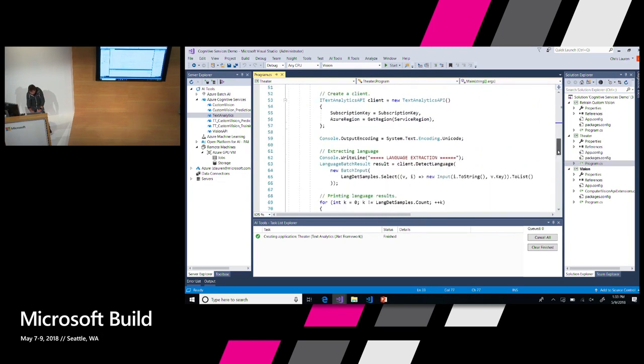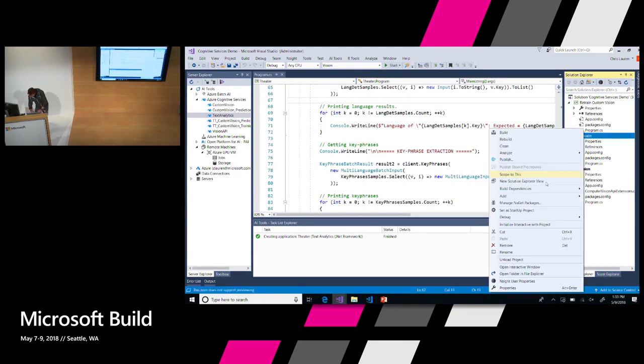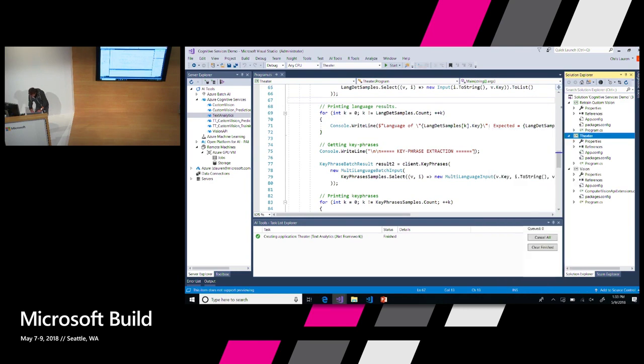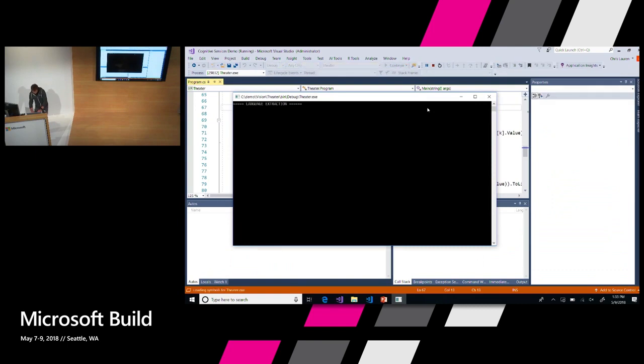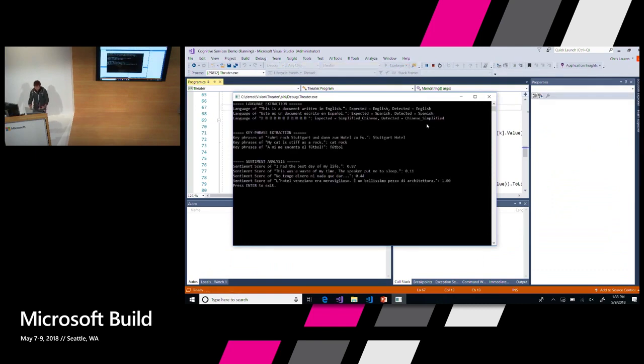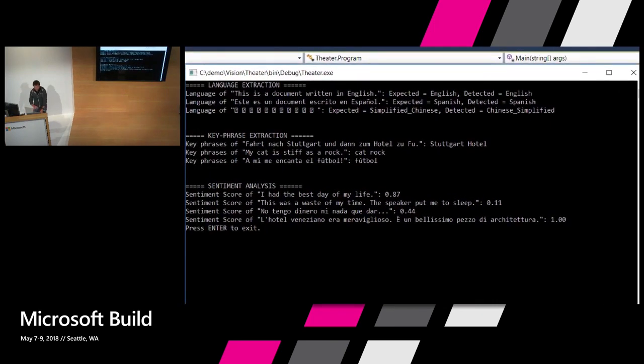You can obviously read the online documentation to get started, or you can look at the code, and then you can customize the code because it actually runs. So let's go ahead and set this as my startup project and run this. And we'll see that it's going to identify from this language input what language it detected. Then let's do some key phrase extraction out of those sentences, and